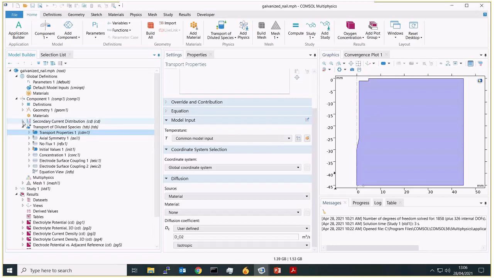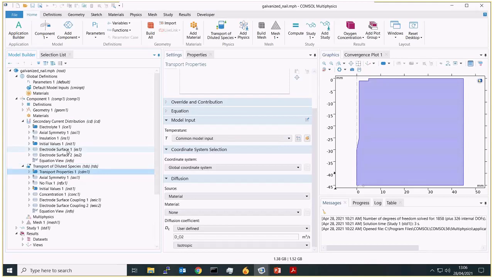And if the rate of corrosion is not very high for our nail, then the rate of mass transport might not become limiting. By combining the two different physics, we could see whether there is a significant influence of mass transport or not. In this case, it's not very significant, but if we do have significant mass transport in our system, we can predict it as well by coupling the interfaces in this way.